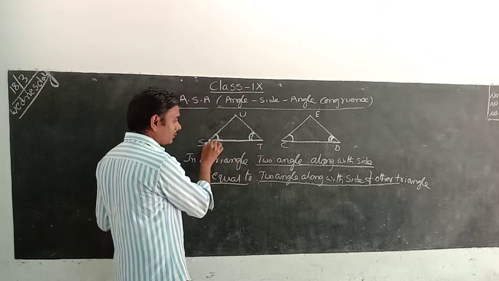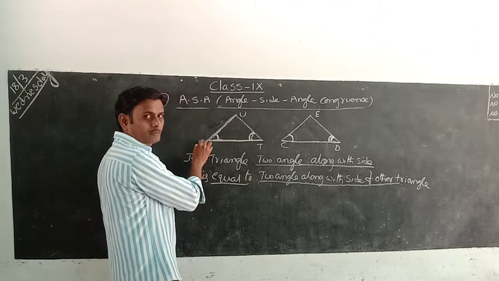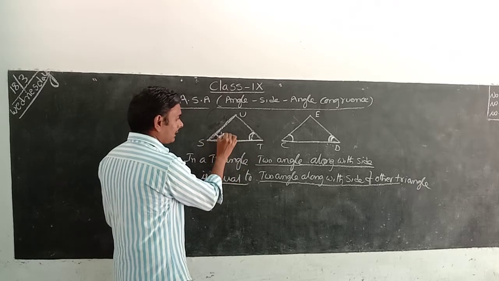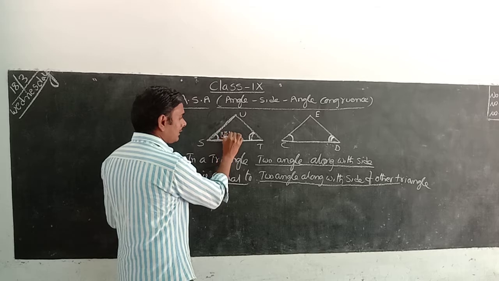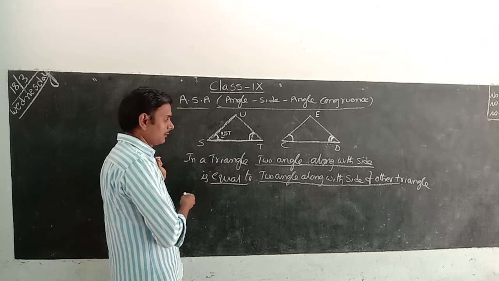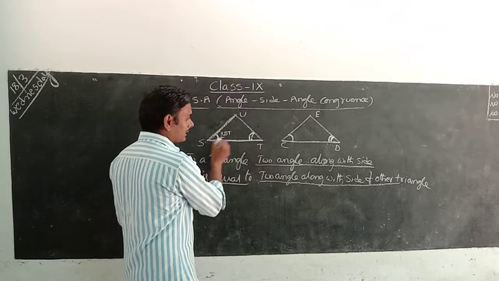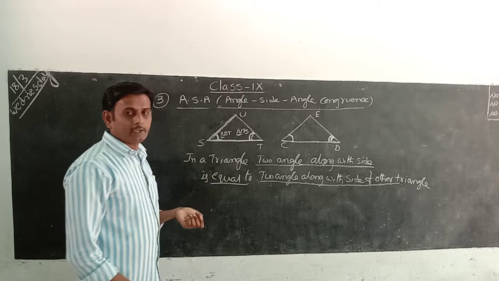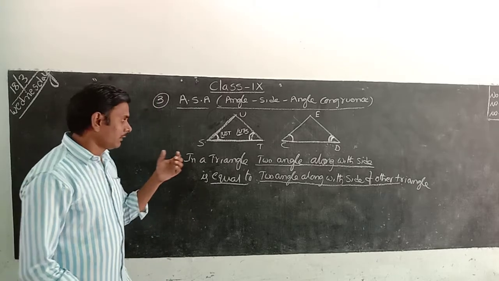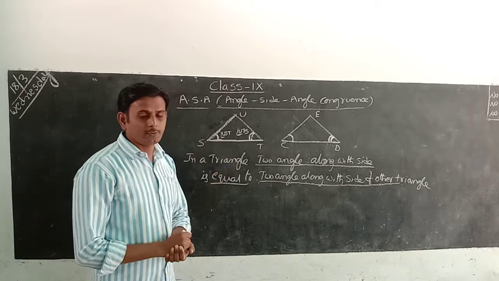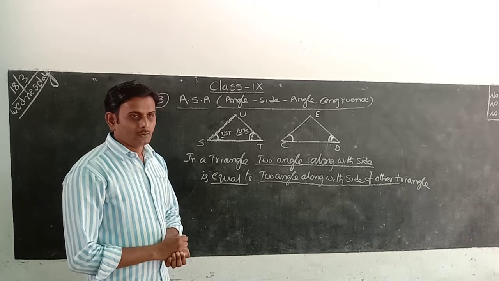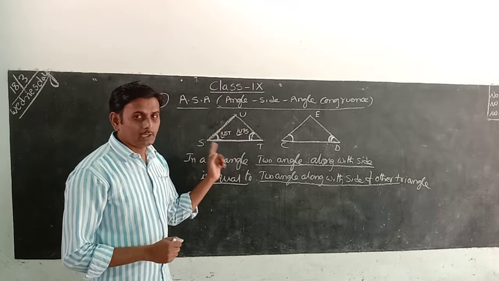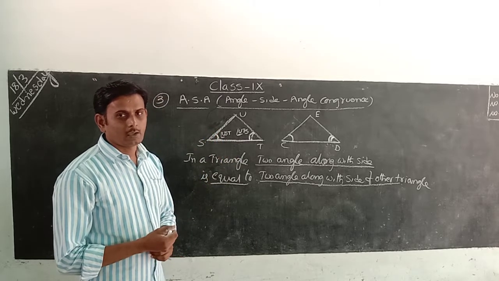If you want to use three letters, the vertex S should be in the middle. What is the name of this angle? You can write UST, or STU also you can write. This angle, what can we write? UTS. We have to habituate writing angles with three letters, because we write them many times using the three letters only. A single letter is rarely used. So we have to get used to using the three letters to mention the name of the angle.